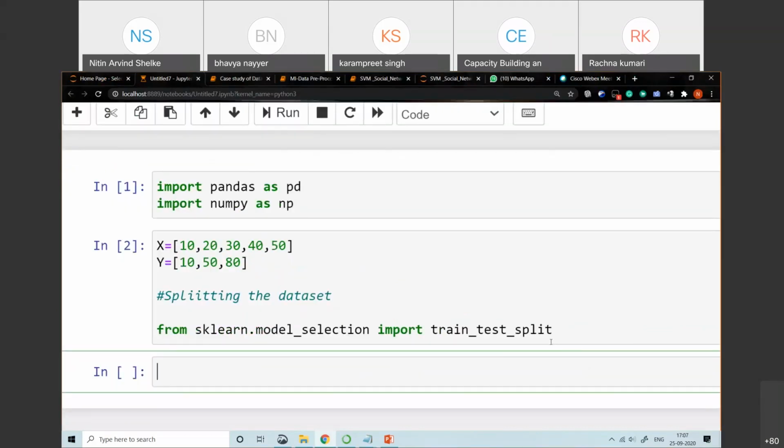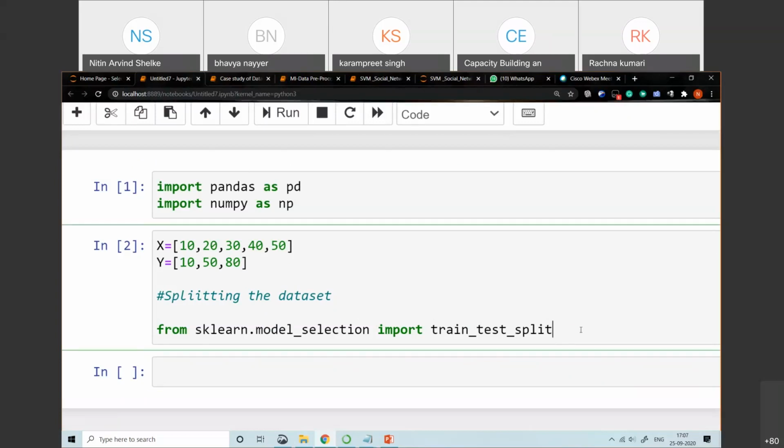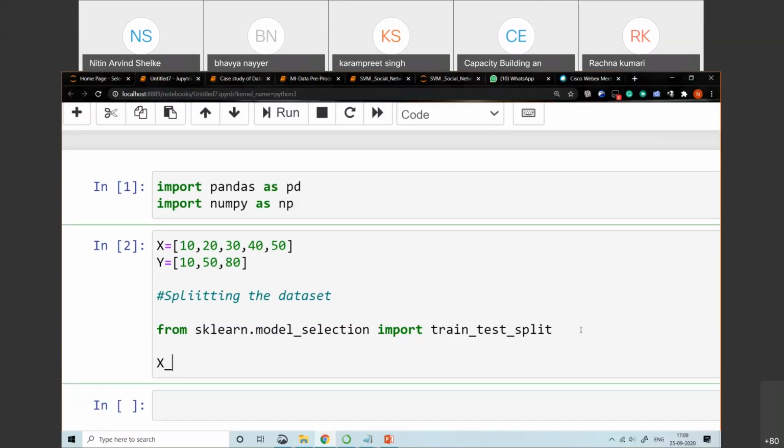Now next, just use x_train, then x_test, y_train, comma y_test.